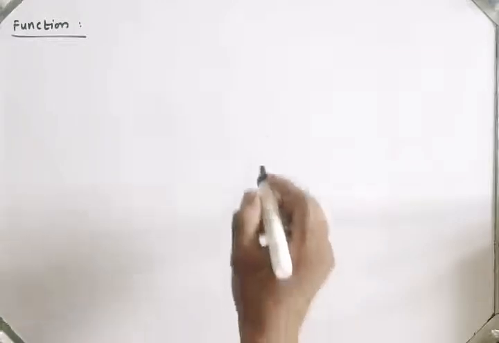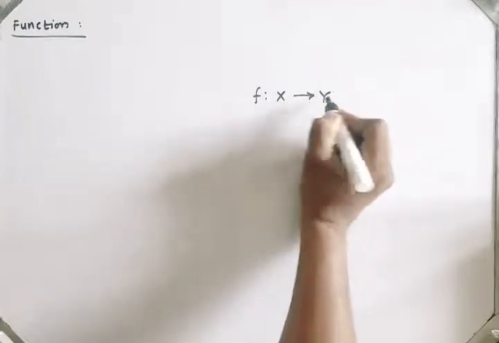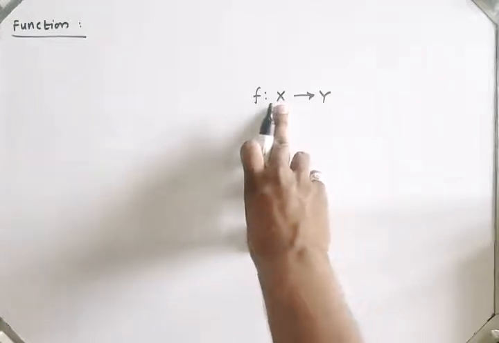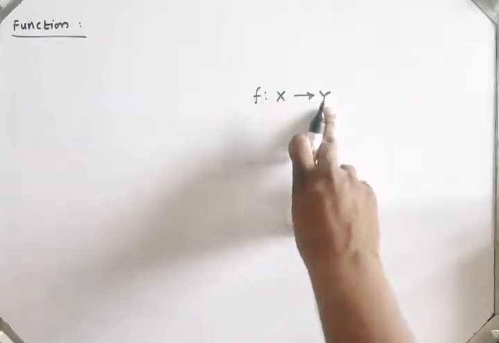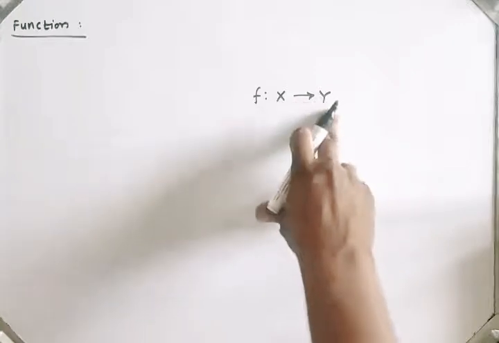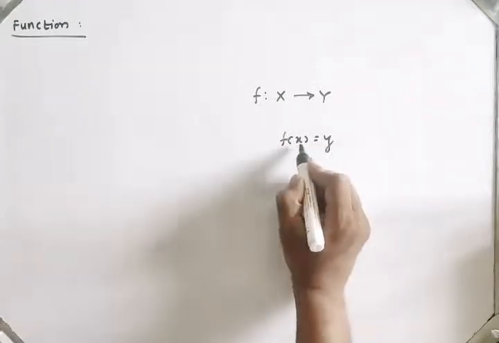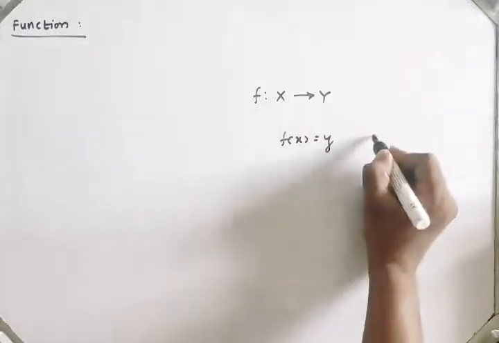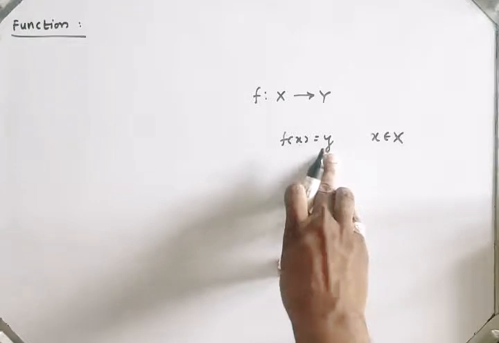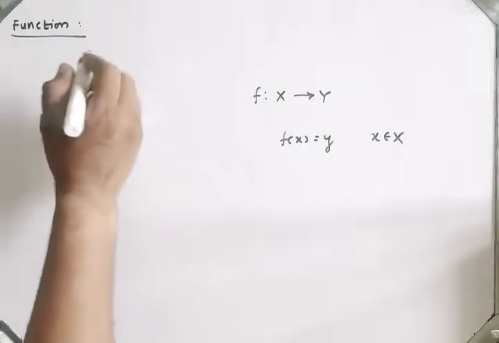Suppose we have a function from X to Y. So f from X to Y is said to be a function if capital X is the domain of the function and Y is the codomain of that function, and every value is assigned from set X and we get the values in set Y. Suppose I have function f of x is equal to y, then x are the values from set X, so x belongs to capital X and we get the value of y, so y is equal to f of x in the codomain. Let us see the definition.